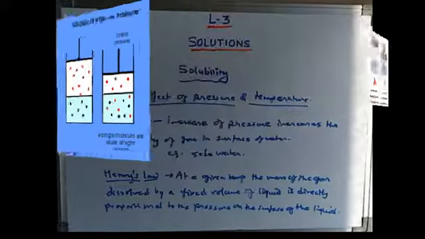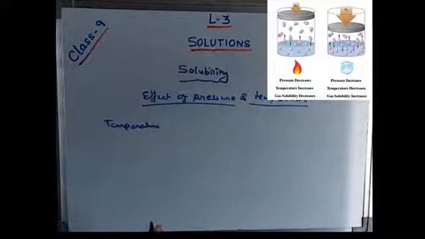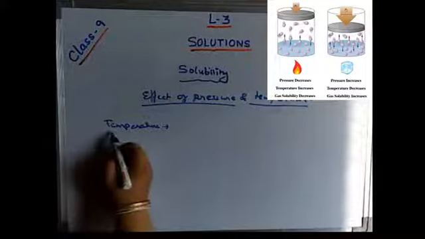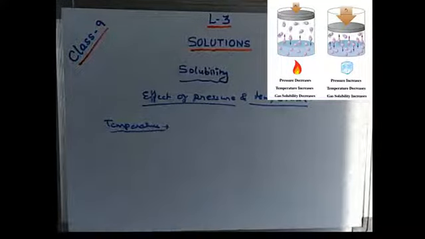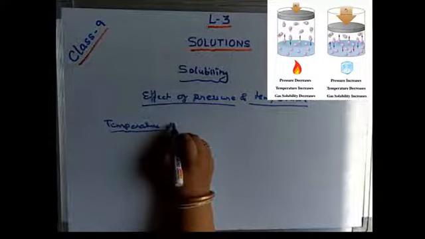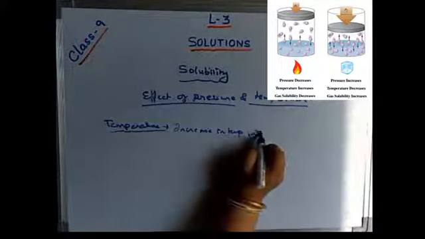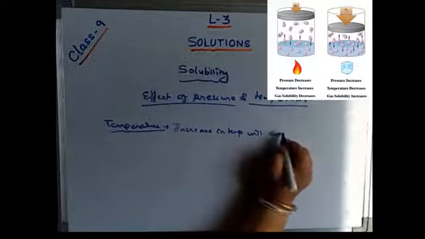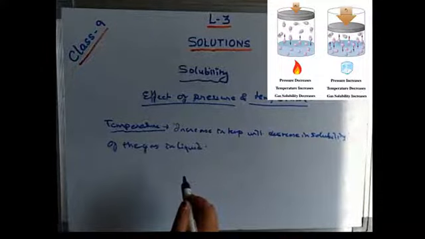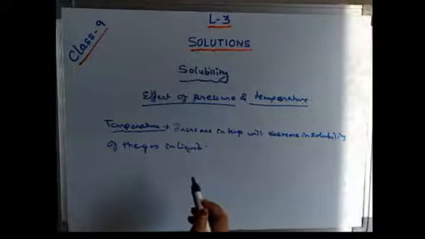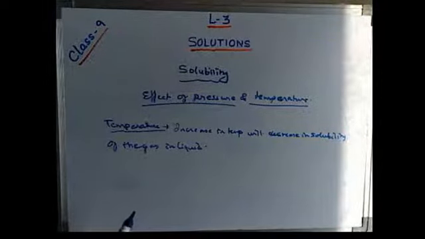Now we are coming to the temperature. The solubility of a gas decreases with the increase of temperature. I have already told this in the factors of solubility, and the same thing we follow here also. In case of a gas, the temperature is inversely proportional to the solubility of the gas. So an increase in temperature will decrease the solubility of the gas in liquid. After boiling plain water for 30 minutes, we find that it changes to distilled water.